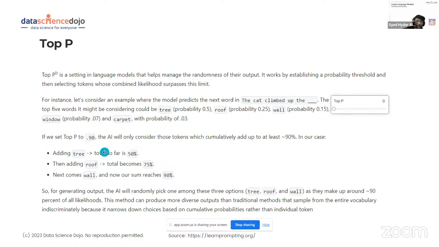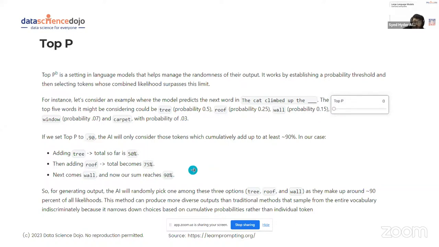Now if you set top P to 0.90, the AI will consider those tokens which cumulatively add up to at least 90%. Adding tree, we have 50%. Then roof, which has 0.25, sums up to 75%. And then wall is 0.15.